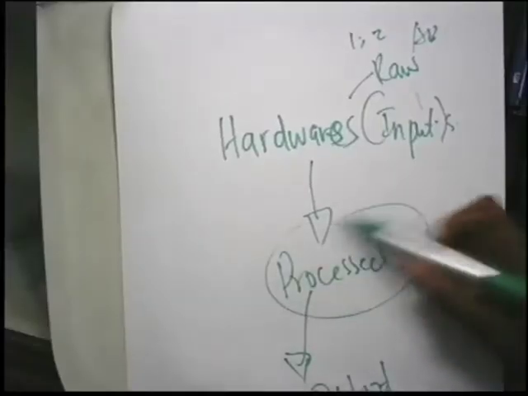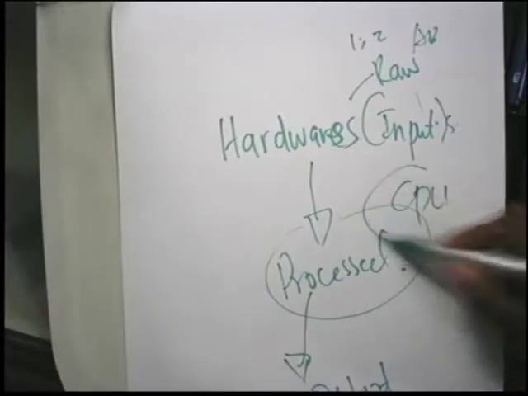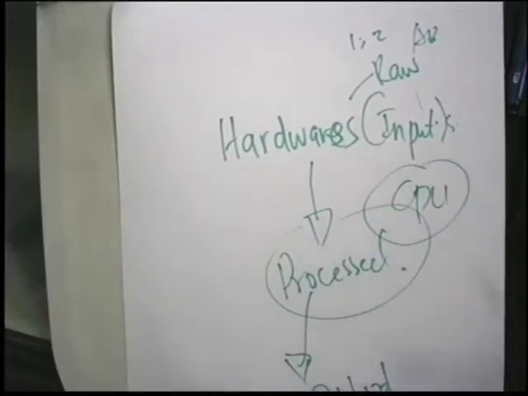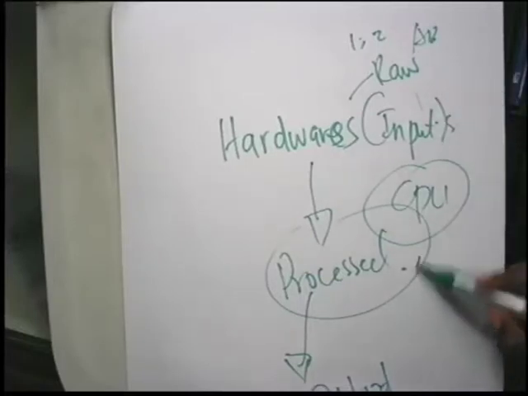And then through the process, this is the part where we use the central processing unit. This is where the set of instructions such as calculations are performed, and this is where the raw data are being processed to become meaningful, and then they'll be output as